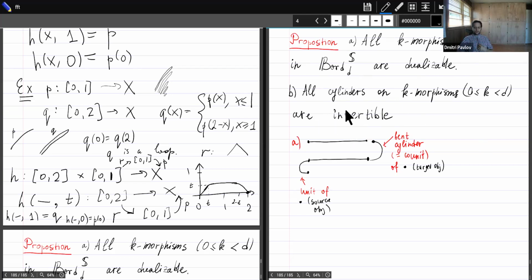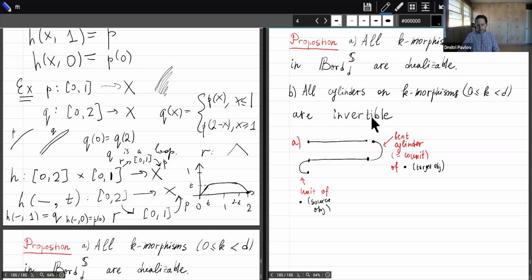Both of those facts require the presence of isotopies, and the proofs are very geometric. But perhaps we should discuss this next time, and this will be really the very last thing I mention about